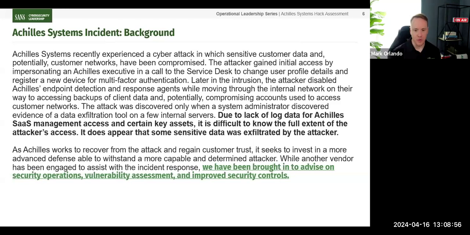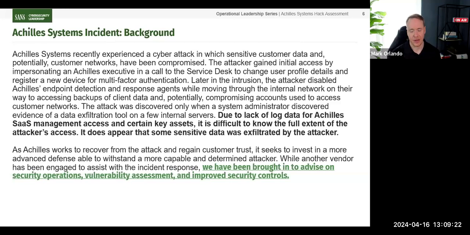They were able to move through the environment and along the way even disabled some of Achilles' EDR agents. The attack was only discovered when a system administrator discovered evidence of a data exfiltration tool deployed by the attackers,